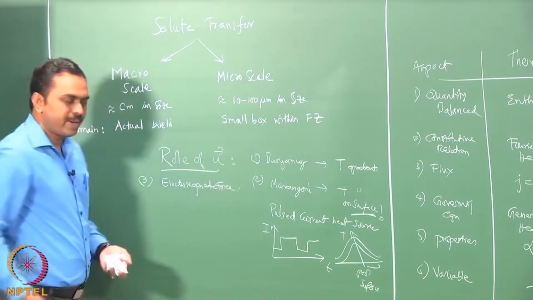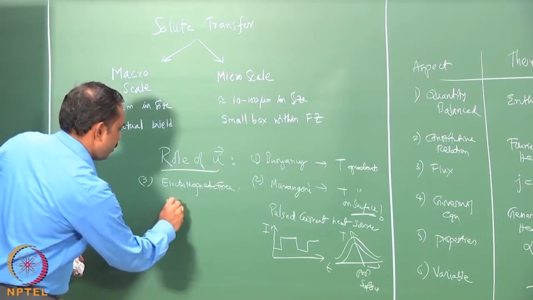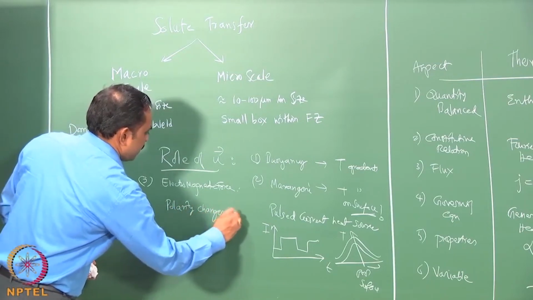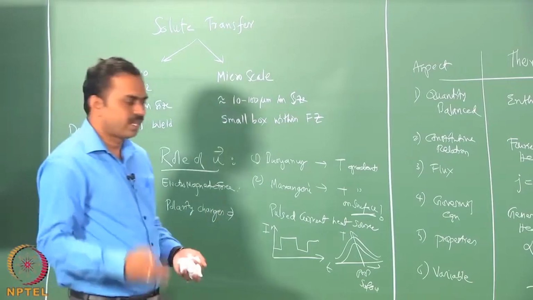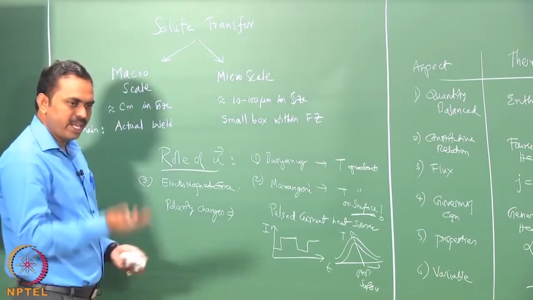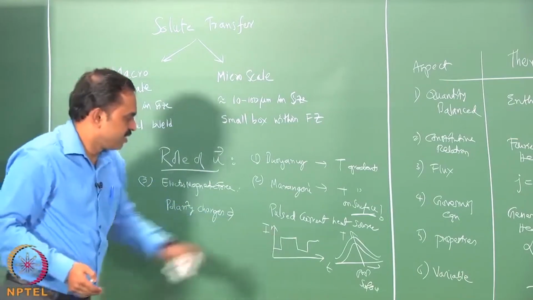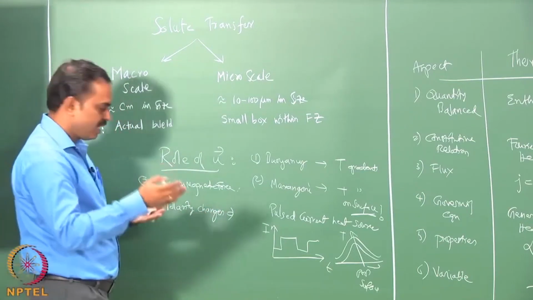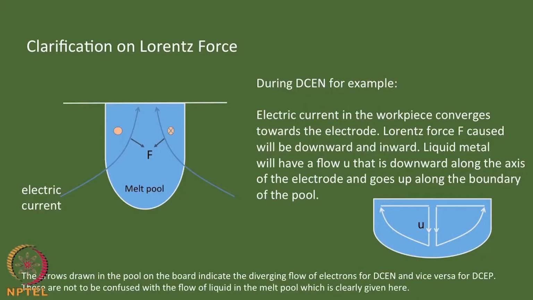So, here also the same analogy will occur. What happens is that whenever the polarity is changed, okay, you have the AC current used for some of the welding processes. So, whenever there is a polarity change or even the current changes as it is possible in the pulsing, it would actually mean that the directionality of the convection would be changed. So, you may have situations where the current is going away and then it is coming again inwards as you change the polarity, and this would be, for example,